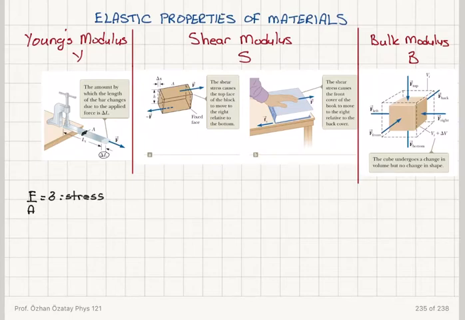And the result of applying this force is a change in its length. The change in the length, delta L, divided by the initial length, we call epsilon strain. And stress and strain are related by Young's modulus. So sigma is equal to Young's modulus times epsilon. So stress and strain have a linear relationship, and Young's modulus Y is a material dependent